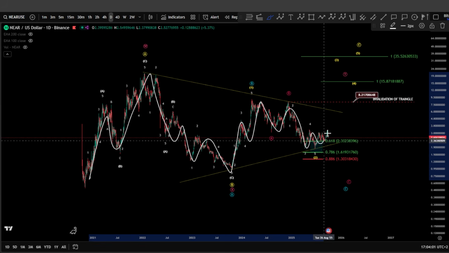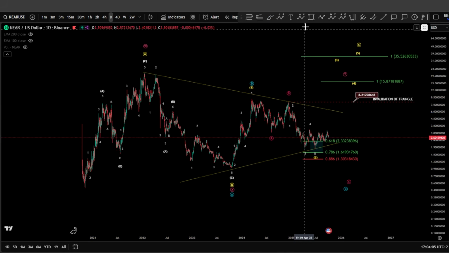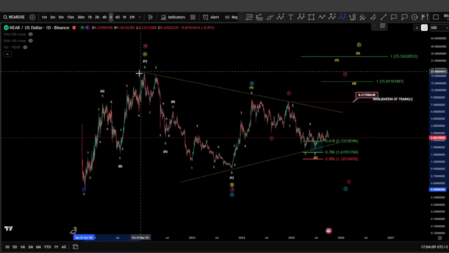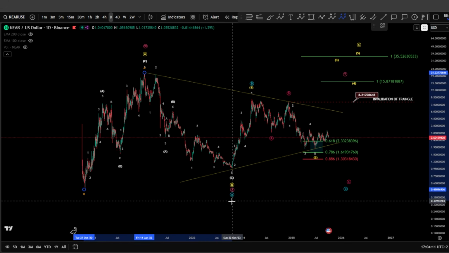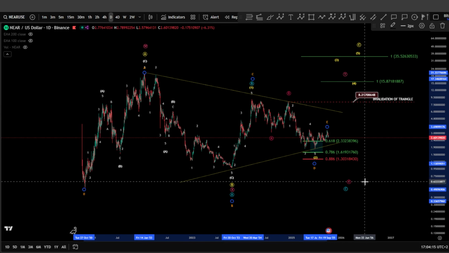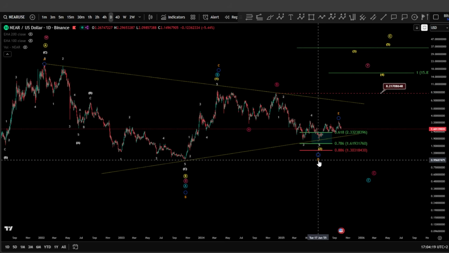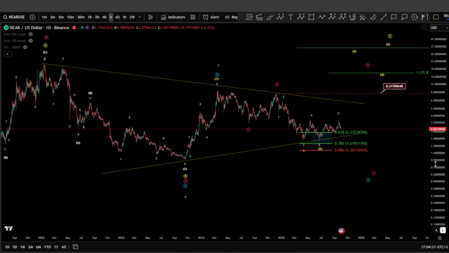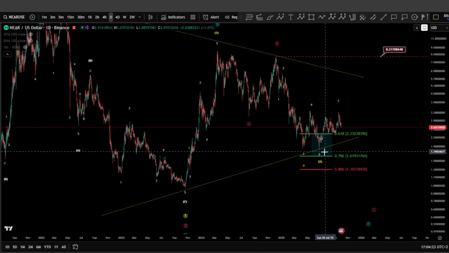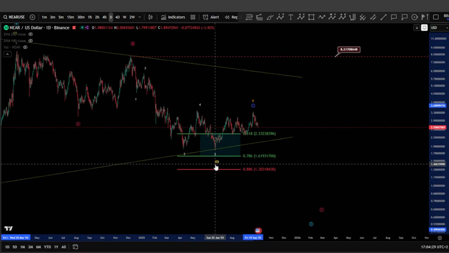And I'm still looking potentially for higher unless it is finished. However, finished in a wave E very shallow, which is going to be very tricky if this happens: A, B, C, D, and a wave E finished over there. It can be that the wave D, sorry, finished over there, and let me check the low. Okay, I think this is lower. So yes, this is a wave D here.